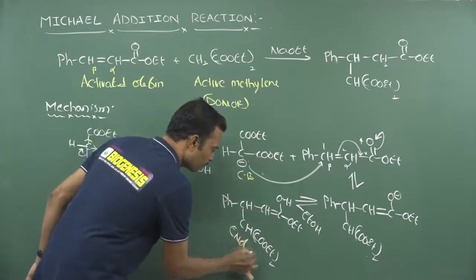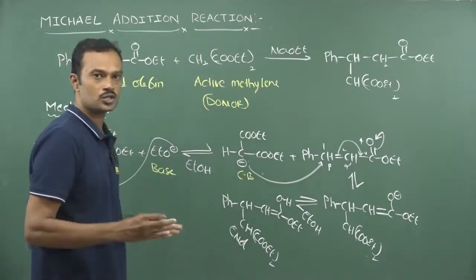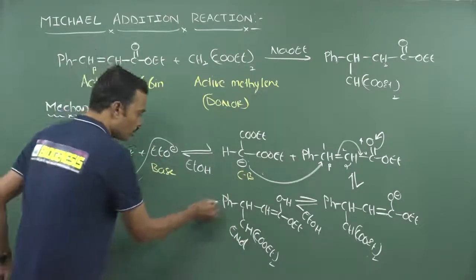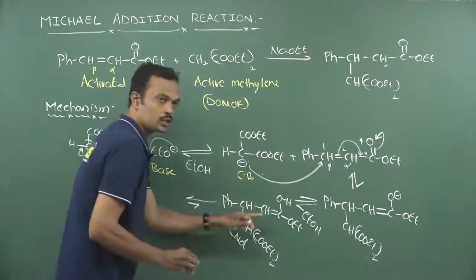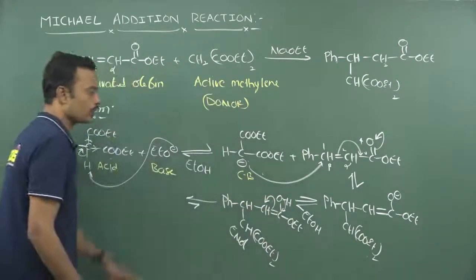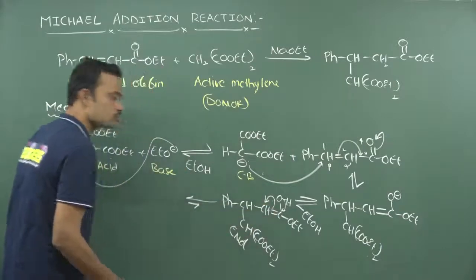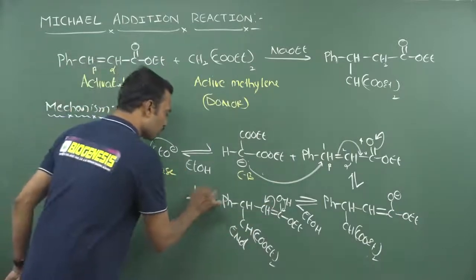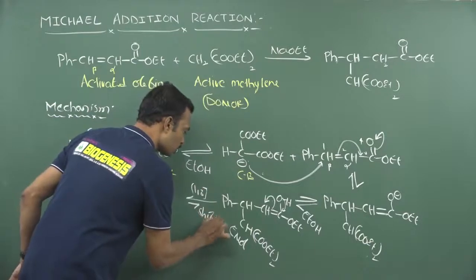We know that between keto and enol form, in most cases the keto form is more stable. Now this is forward and this is backward. The backward reaction is less preferred. Now this will migrate, an electron transfer here. Finally this carbanion will take this proton. This is called a 1,3 shift. This 1,3 shift is also known as a tautomeric shift.